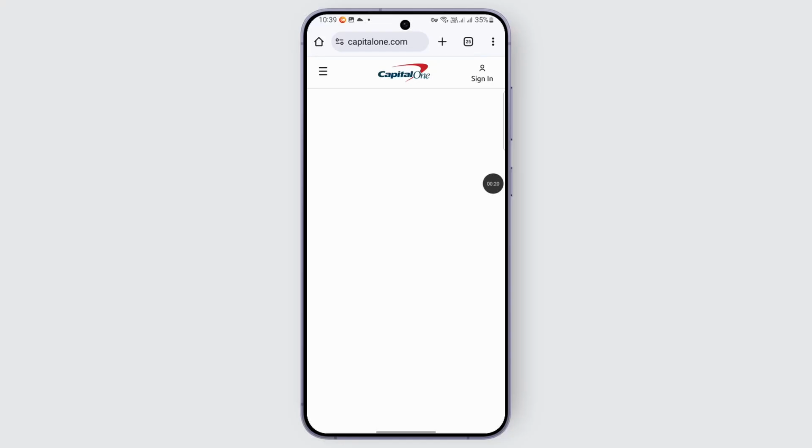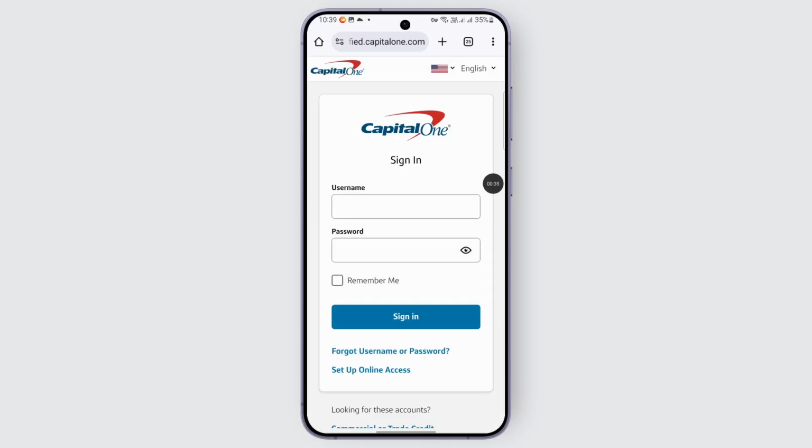Once you're on the website, you may look for the sign in option at the top right corner. Go ahead and tap on it, and you should be taken to the login page. Use your credentials to log in on that page. Once you are logged in, to redeem Capital One Shopping rewards, you need to go ahead and